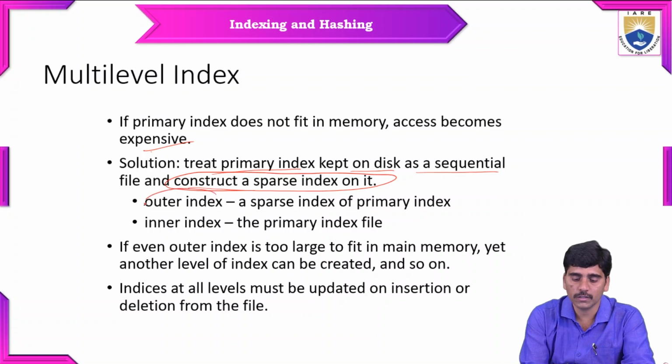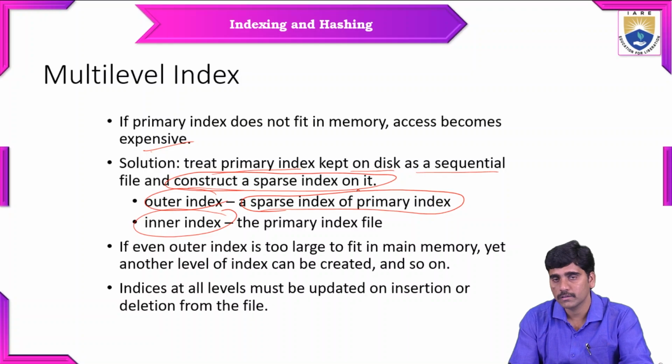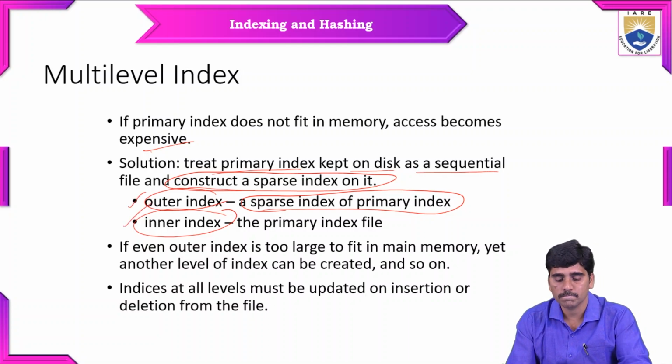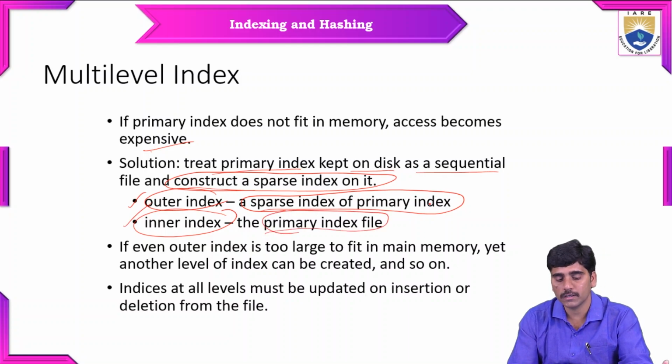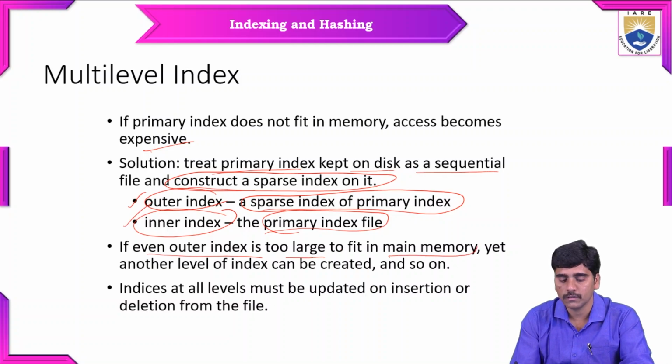In that, the first one is the outer index and the second one is the inner index. The outer index is the sparse index of the primary index. Creating this outer and inner index is a multi-level index. The inner index is the primary index file. If even the outer index is too large to fit in main memory, yet another